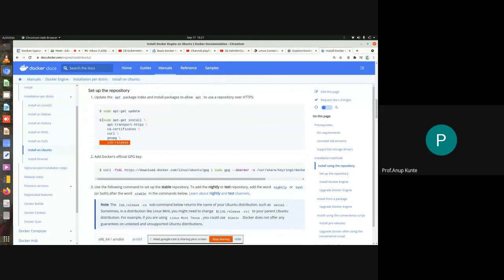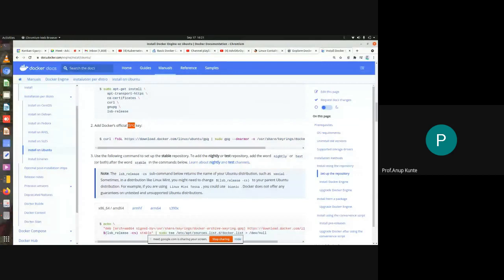The command is multi-line, that is why the slashes are there. So you are installing five softwares. After that, you are just downloading the GPG key. The GPG key is the hash key for the software. So the file that we are going to download, does it correspond to the actual uploaded file?